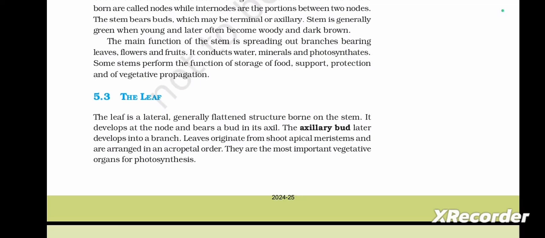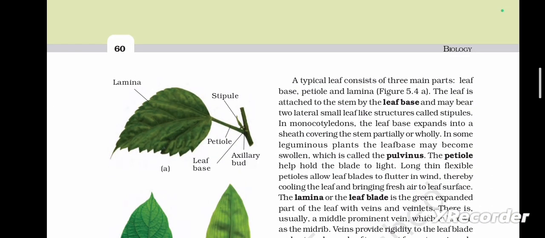Leaves originate from shoot apical meristems and are arranged in an acropetal order. They are the most important vegetative organs for photosynthesis. A typical leaf consists of three main parts: leaf base, petiole and lamina, and the structure can be seen in figure 5.4a. The leaf is attached to the stem by the leaf base and may bear two lateral small